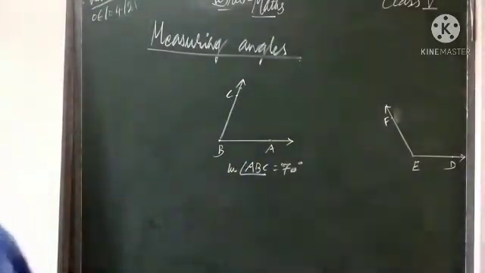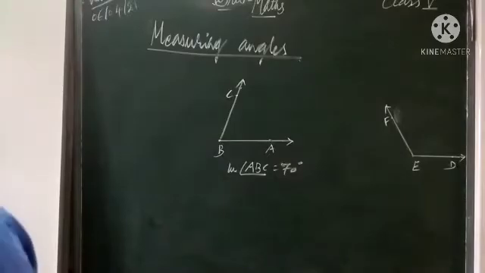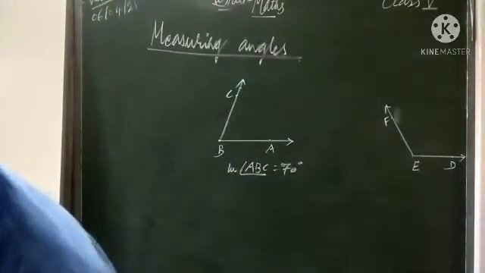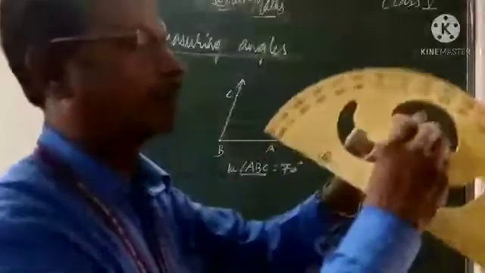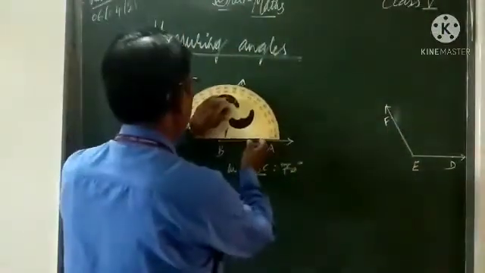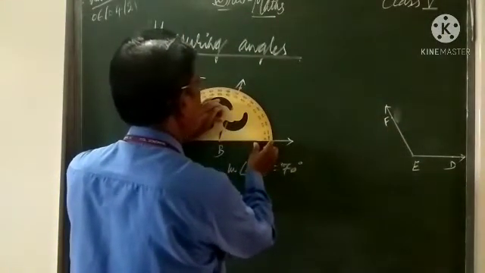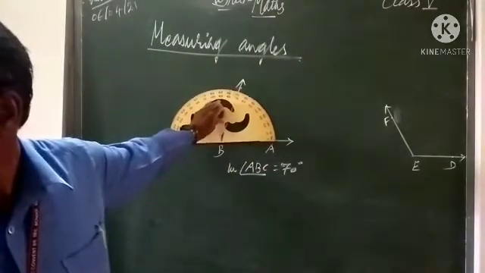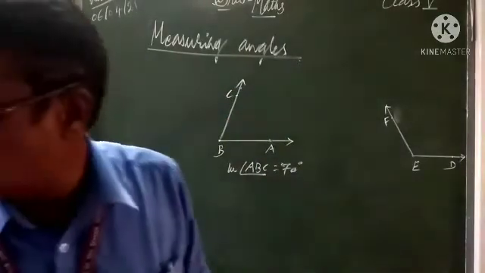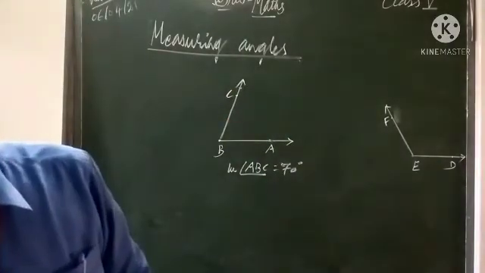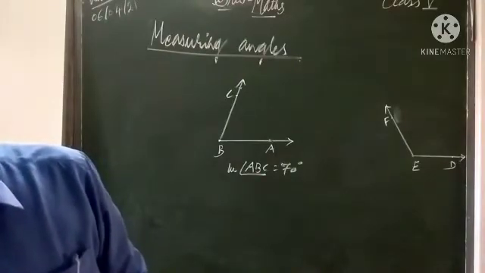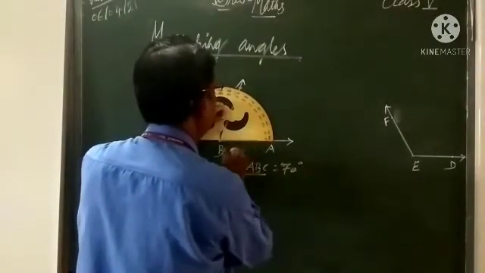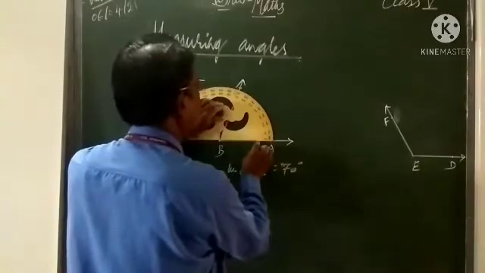And now here some points are written. Let us measure angle ABC using a protractor. First of all, what we have to do? Place the center of the protractor on the vertex of angle ABC. This is the center of the protractor. After that, we have to adjust this protractor. Second point: adjust the protractor so that the baseline falls along the arm BA of angle ABC. Now third step, see that 0 of the inner scale is on arm AB, or not. If not there, then adjust that properly.